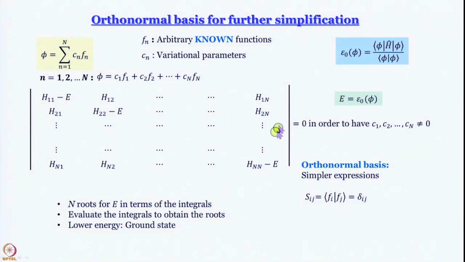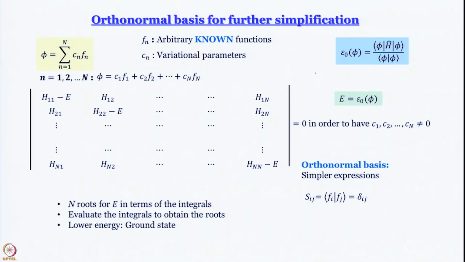What about H12 and H21? Can we say that they are 0? Actually, we cannot. If you think that they are 0, it is not necessarily correct. We are going to encounter a situation where they are 0, but that is not the general case. Why? Because if you write this Hij, for any i, any j,